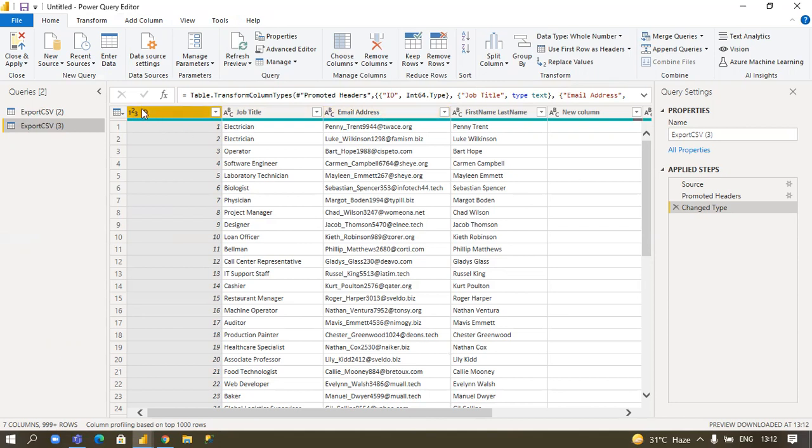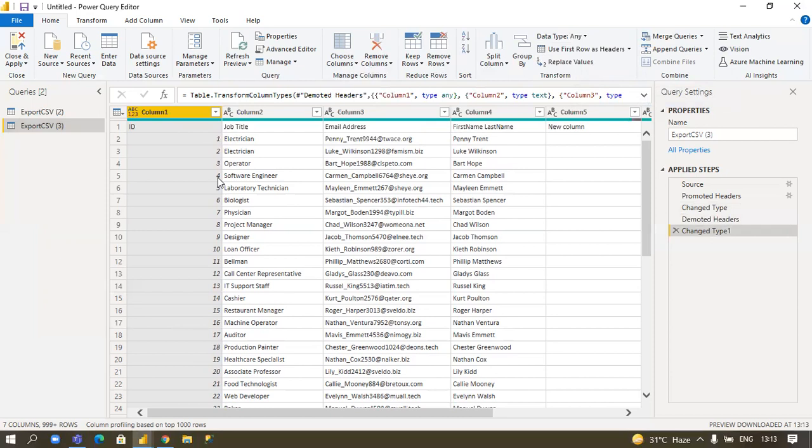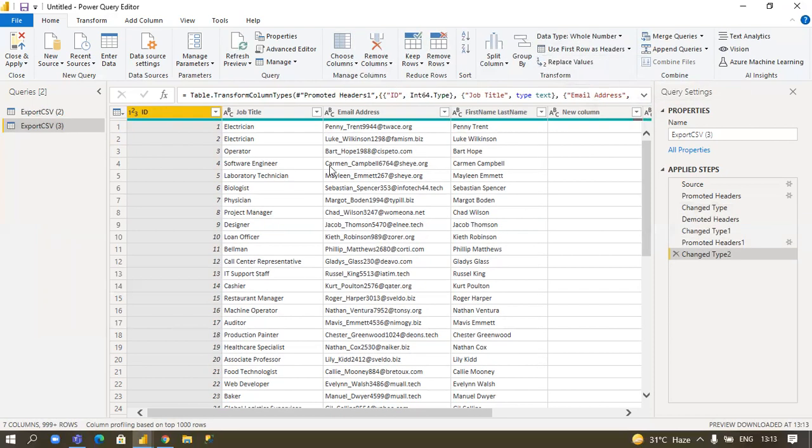If you don't want this heading, here you can see the option use first row as header, and I click on it. Now you can see the first header name is in your data only. I know, but as of now I click on first row as header. Now you can see again.